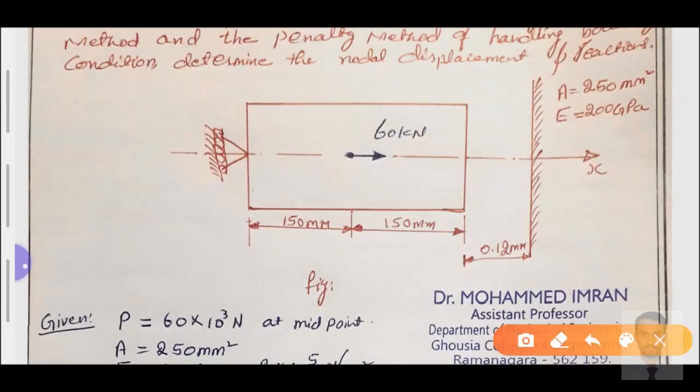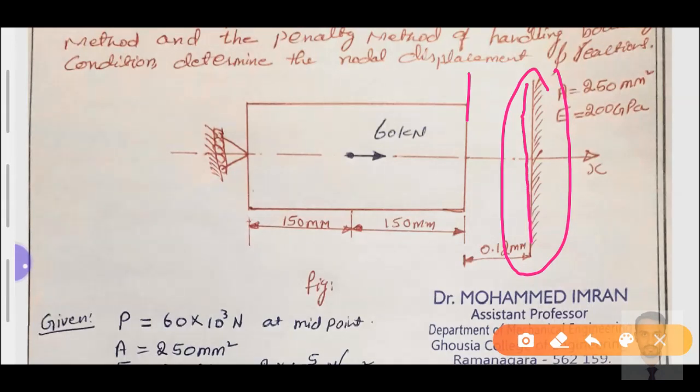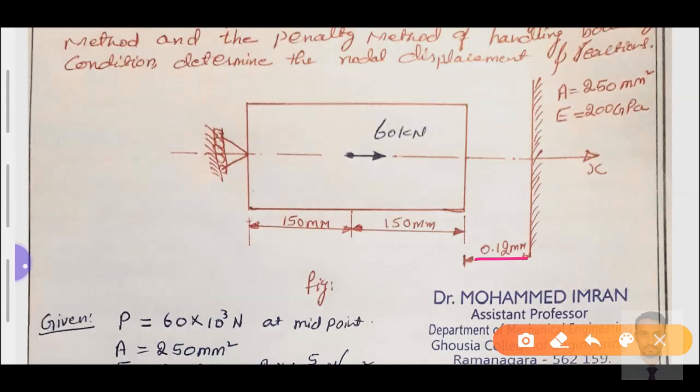Here one more difference is there. The difference between the previous problem and this problem is that a wall has been kept here, so that wall distance provides the gap between the free corner of the bar element and the surface of the wall, which equals 0.12 millimeter. The distance maintained from the corner of the bar towards the wall surface equals 0.12 millimeter. That indicates after applying the load at the mid of the bar element, this bar will get displaced